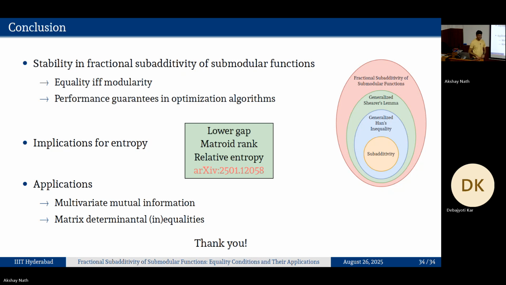Nice. This is again coming more from the